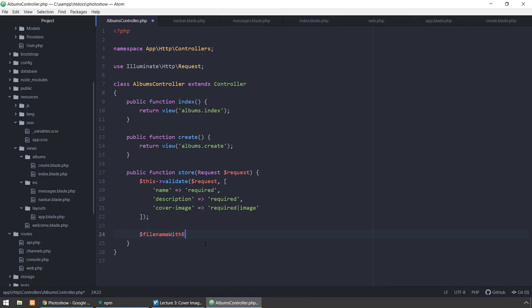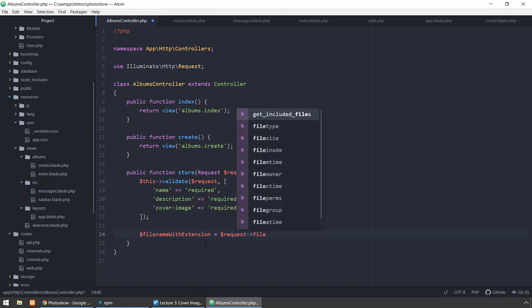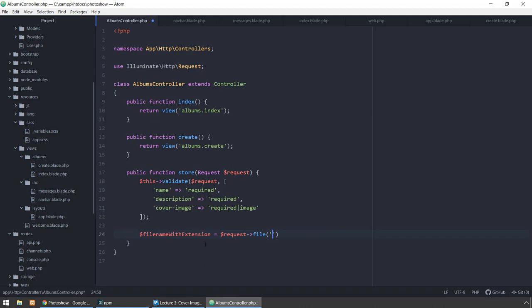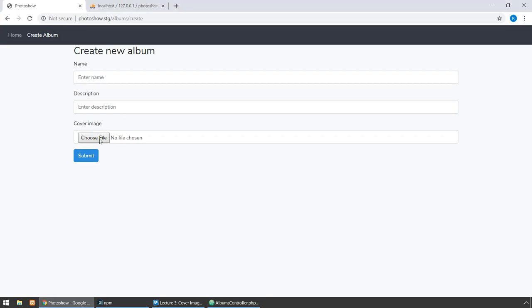and something we need to do is to get the entire file name that we are uploading. So this is very simple with the request. Now we're getting the file with the extension, so let's see what this returns. Let's upload the real photo,